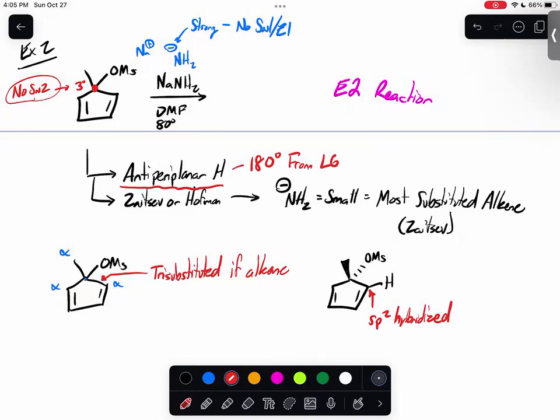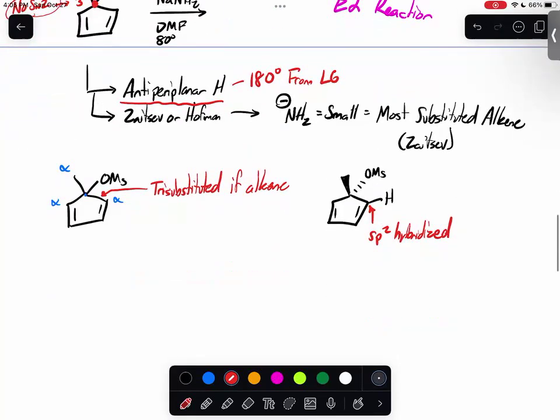So essentially what this is saying is since it's planar, the hydrogen can't be anti to the OMS. Because remember that if we wanted one to be anti, it would have to be on a wedge. And you can't have something on a wedge if it is completely flat. So essentially what this means is it's all because that mesyl group is on an sp3